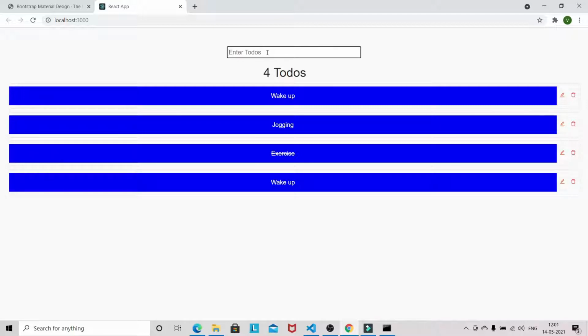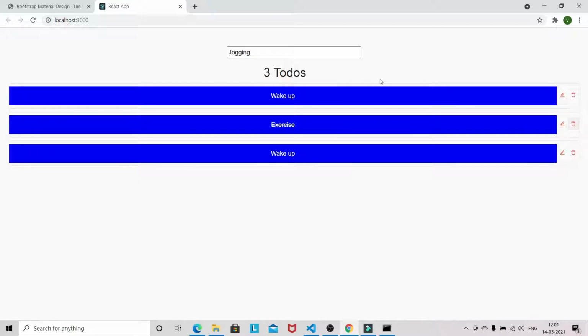Another issue is that if you do the edit and then straight away delete, jogging is not there in the list, but in the input field we still have the jogging. So how are we going to deal with these things?